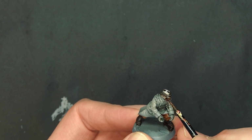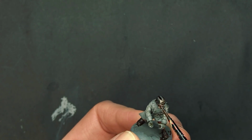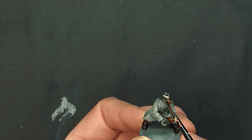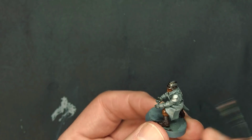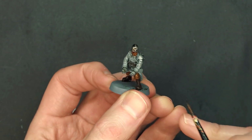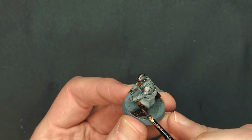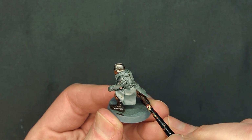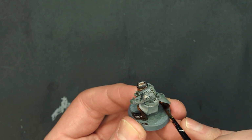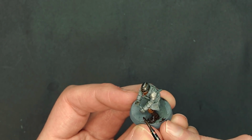Using washes is secretly easy. Doing all this detail work and contrast work with the wash, and not having to be as precise as with a paintbrush, is going to save you a lot of time when you're nugging out and doing a whole bunch of army troopers, just normal guardsmen, conscripts, cultists, all those sorts of things. These are super time-saving